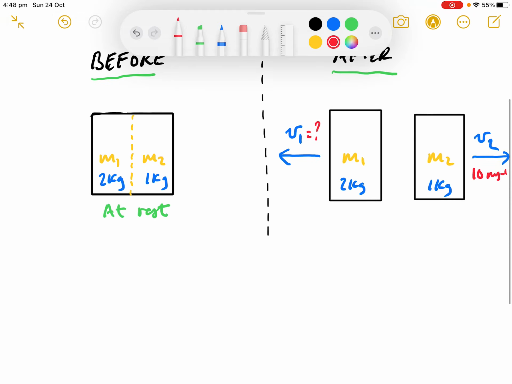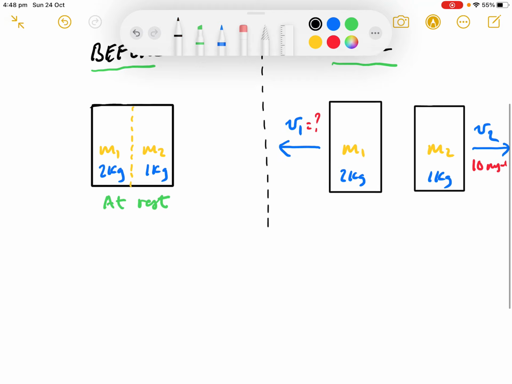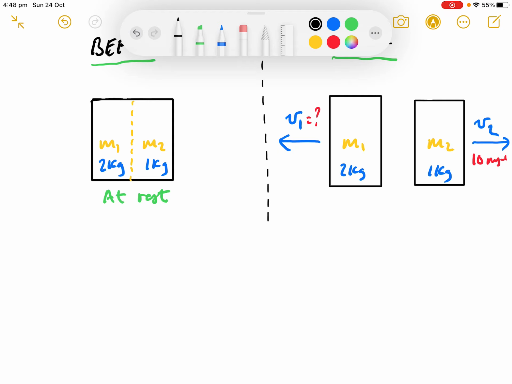The question is, at what speed does fragment M1 go off at? Well, we apply the law of conservation of momentum just like we do in collisions. So we begin by saying the total momentum before the explosion must equal the total